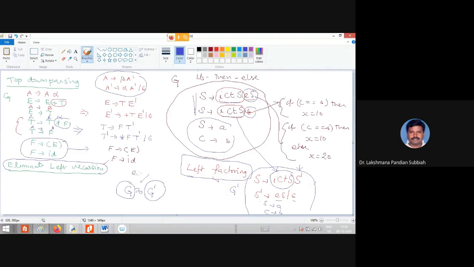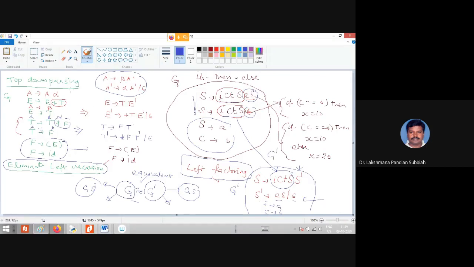So you are calling it equivalent grammar. One grammar is called equivalent means whatever generating capacity it has, the same capacity should be there in the other grammar. So whatever string you are generating by this grammar, the same string can be generated by this grammar also. Then both are equivalent. Now you see this grammar: whatever string is generated by this grammar, the same string can be generated by that grammar also. So both are equivalent. Right?